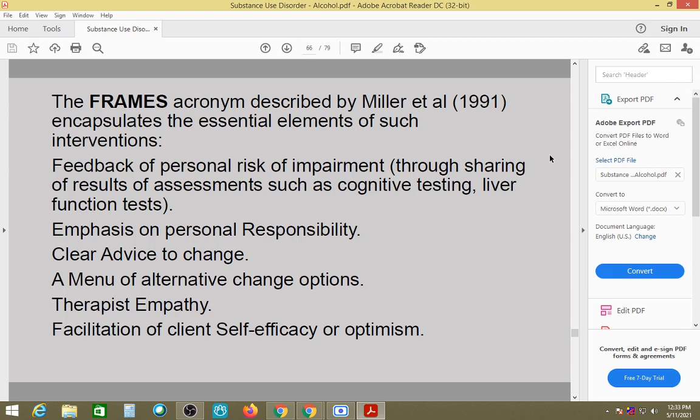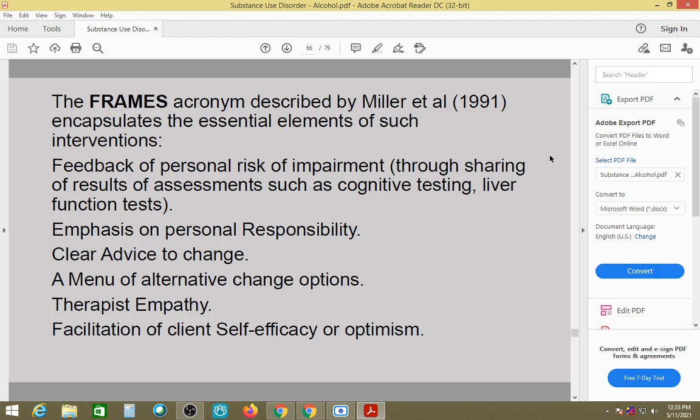Right, I told you, responsibility is what? Responsibility is the ability of a person to respond in a situation. So if they are responsible to bring about a change in them, that means we help them. It is their race, it is their change. So they need to take more responsibility and accountability. Thus, they are able to maintain well. Okay? Now, A, clear advice to change. That means we have assessed, we have sat with them, we know these are the areas that they have problems,